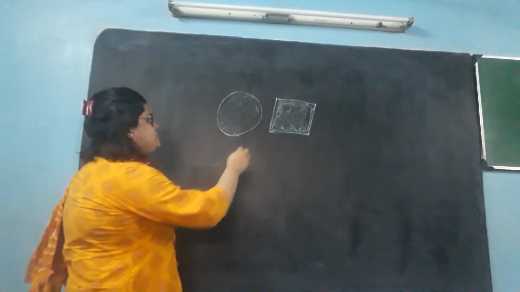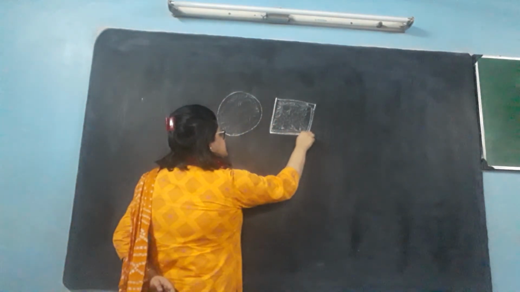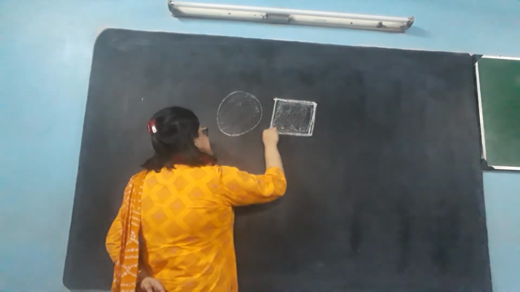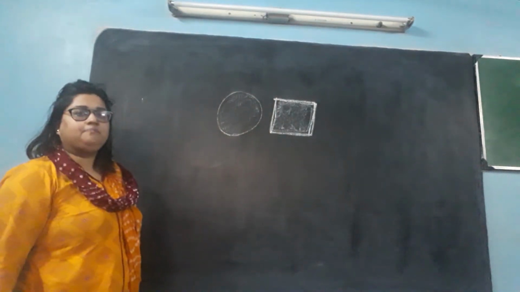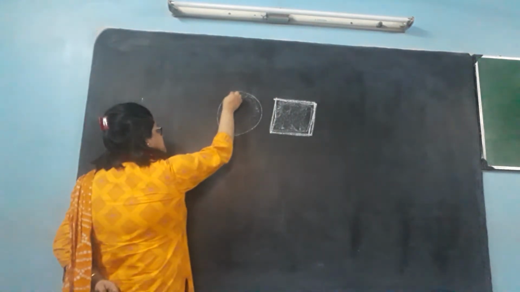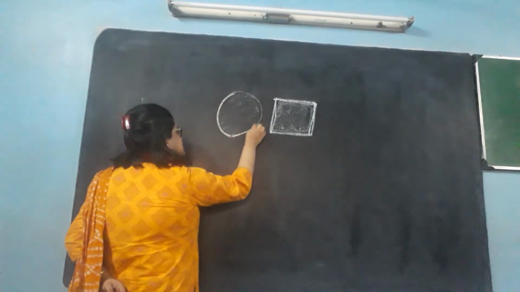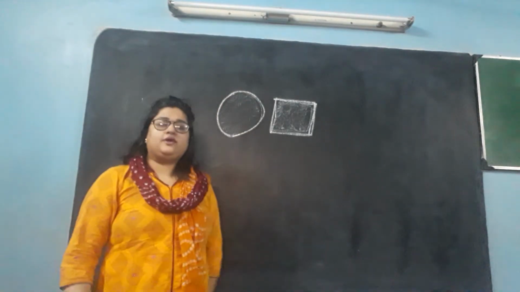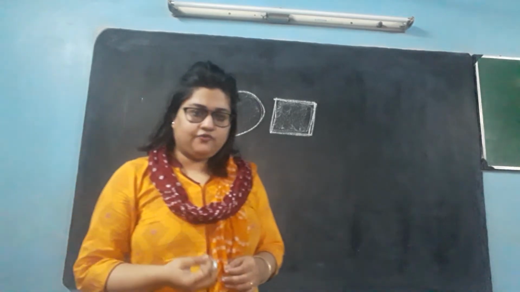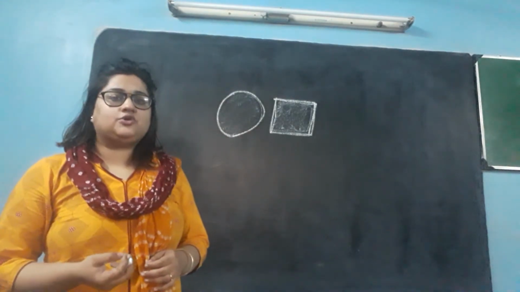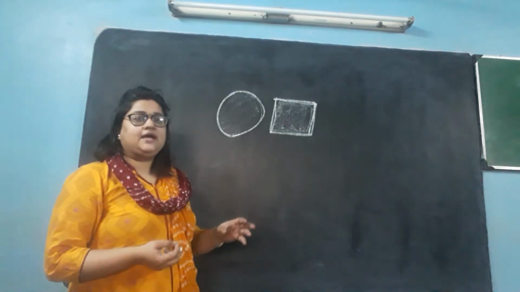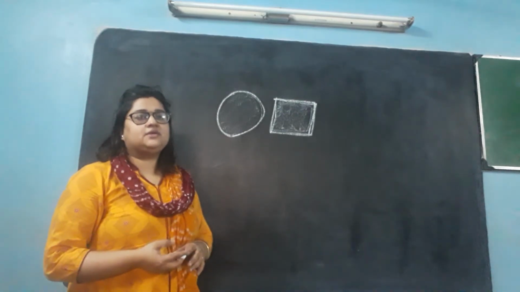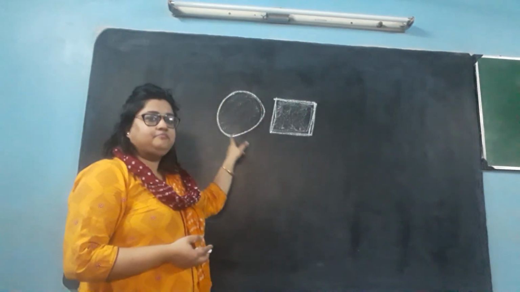And the boundary measurement is known as the perimeter. Similarly, the boundary of the geometrical figure circle, this entire measurement is known as the perimeter. So, the definition of area: area means the space or the surface which is inside the geometrical figure or geometrical shape, and perimeter is the measure of the outside boundary.